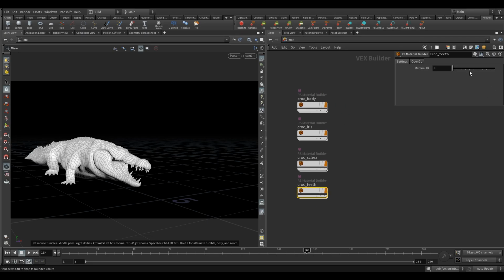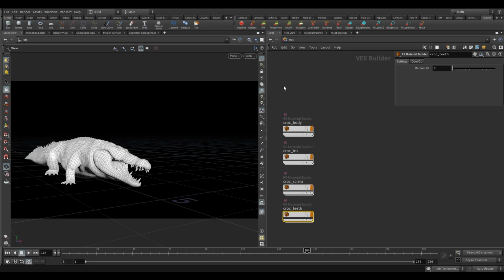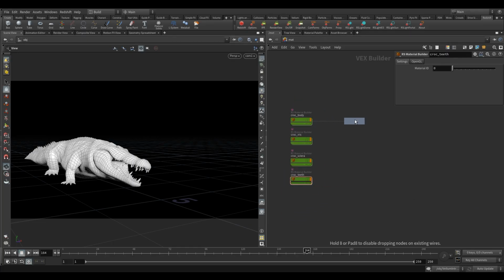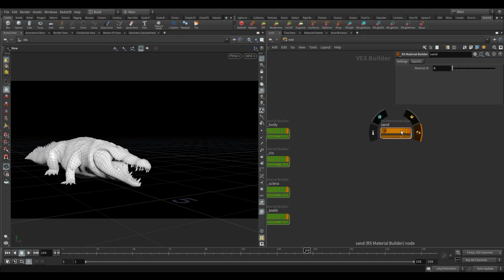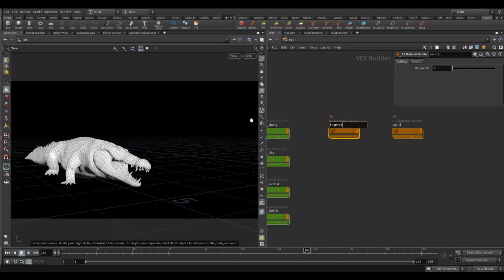So for the sand, let's color these as well. Do the green for the crocodile. Alt click and drag one for the sand. Sand, okay, and give that some kind of dark brown color. And then we'll need some for the hunter as well. So I'm just going to alt click and drag. We'll change the colors in a moment and do the same thing again. So I'll call this hunter